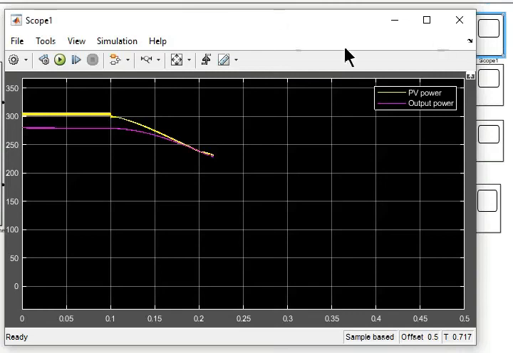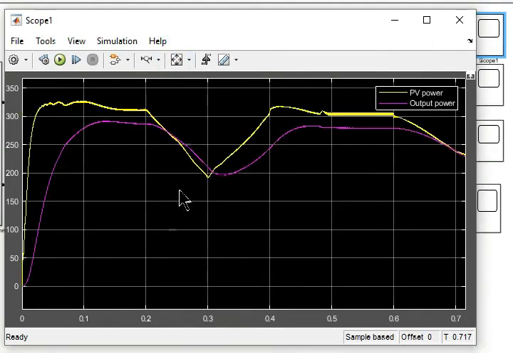So let's see the output power that was released. As I already discussed at the start, the G is constant, then decreasing, then increasing, then constant, then decreases. The same trend is being followed by the power. We deliberately changed G in this way to check the versatile behavior of our MPPT. It's working well, it's following this. The output power is exactly trying to match the power generated by the PV. You can see that the output power is almost approaching the power generated by this PV.